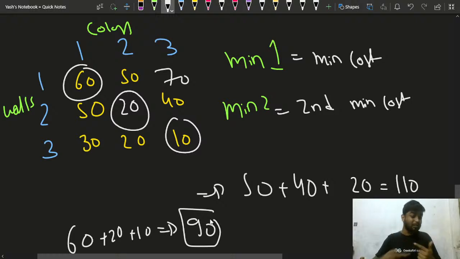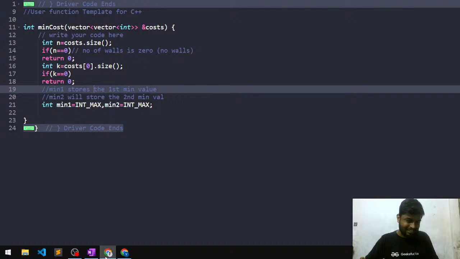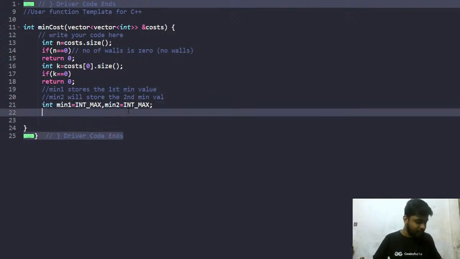That is why you need to apply the DP concept, because in the greedy fashion you try to choose the minimum at every level, but you don't know the future, right? You don't know that maybe you could have chosen this guy. So you'll have the int min, min 1 and min 2, and then you'll have a DP. You will declare a 2D DP here, a vector of vector int, and I'll declare DP of n cross k size, right? Is it clear to everyone?